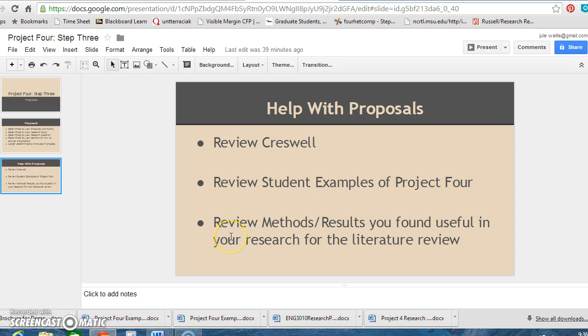And also, when considering what type of methods you might want to propose for your proposal section, I suggest looking at the methods and results that you found to be useful or interesting when you were conducting research in your literature review. For other examples that I've seen, students have used an experimental design that they found to be very important for the field and for their research question, and they've replicated it by adding or expanding the existing demographics or population or certain components to that method, but in most cases still in many ways replicating that study.